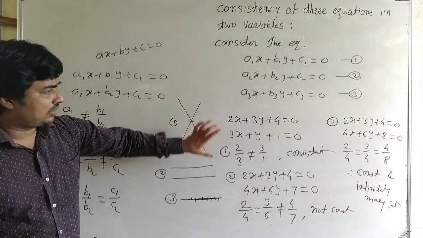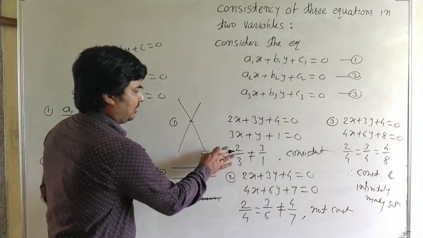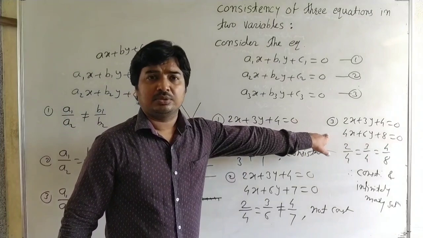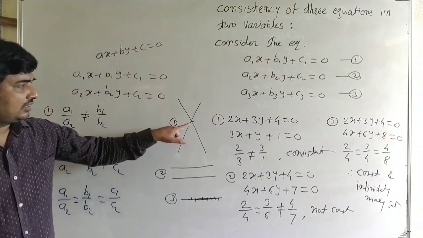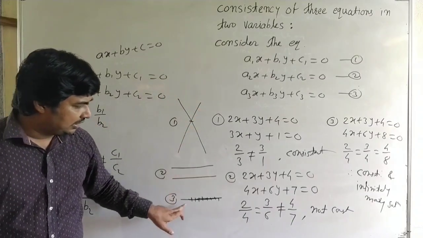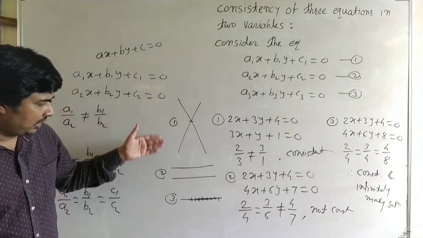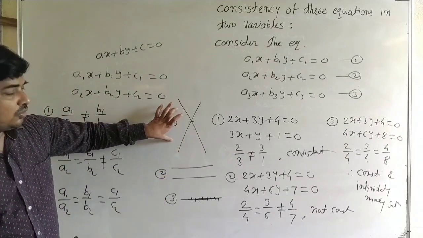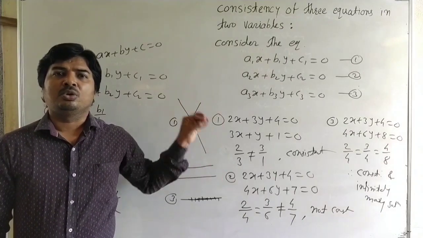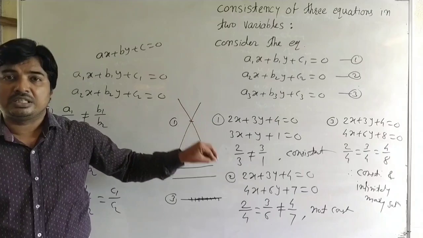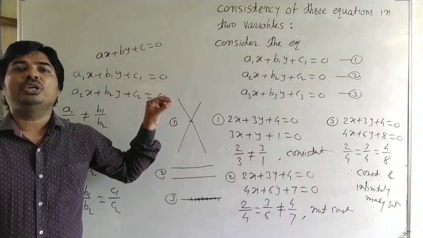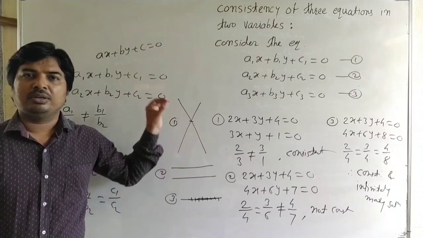Okay, here see the examples. It is the first example, then the second, then the third example. Okay, here first the lines intersect, that is a unique solution, only one common solution. There is no solution, and here infinitely many common solutions. Then 1 and 3 are consistent, but here it is one unique solution, and here many solutions. And the second lines are parallel, there is no solution, that means the lines are not consistent. These conditions are for two lines, that is two linear equations in the variables x and y.